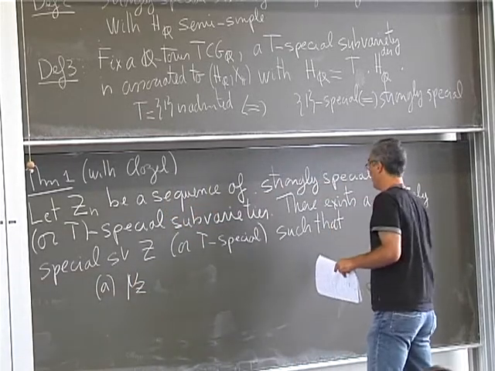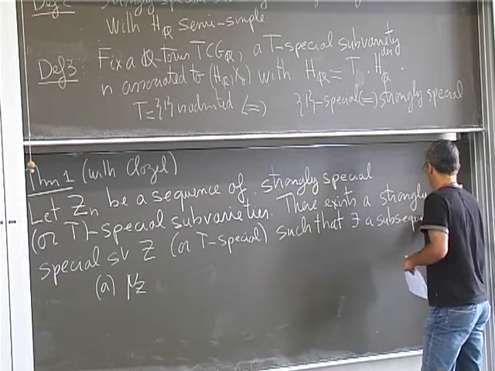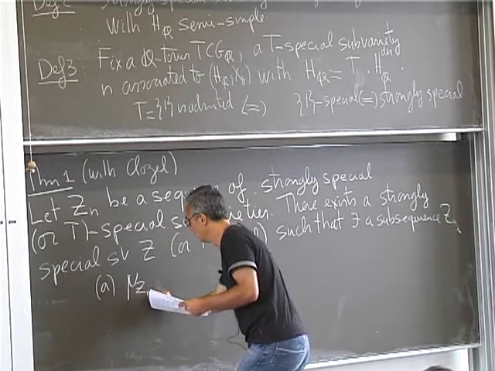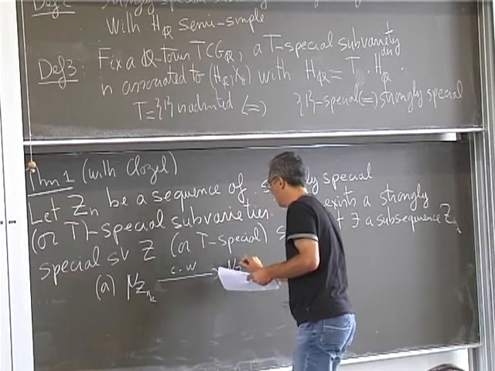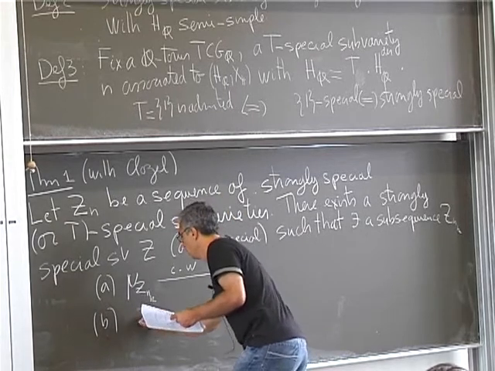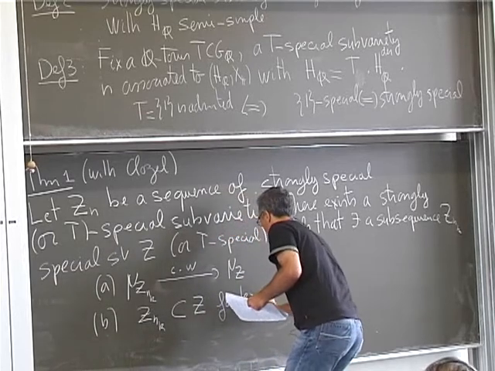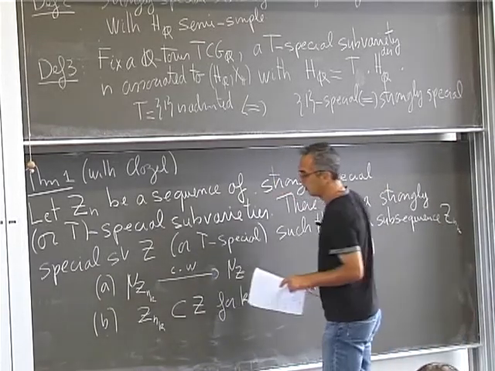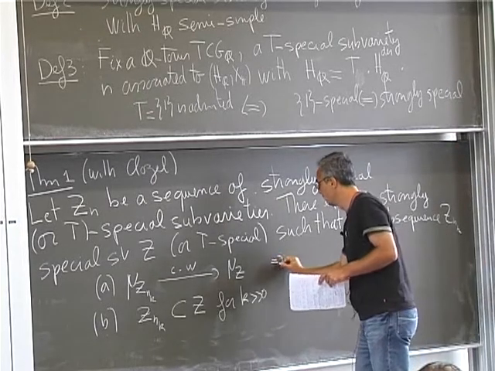There exists a subsequence Z_{n_k} with mu_{Z_{n_k}} converging weakly to the canonical measure on Z, and Z_{n_k} is inside Z for k big enough. And maybe here, as my varieties are not projective, I should say that this means that